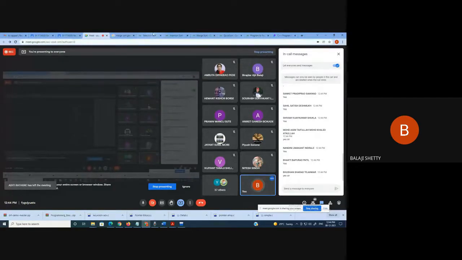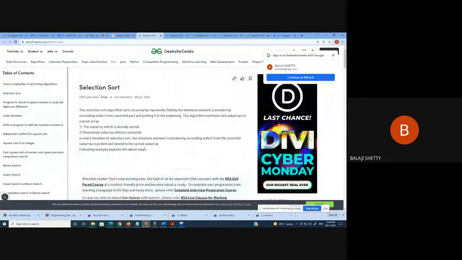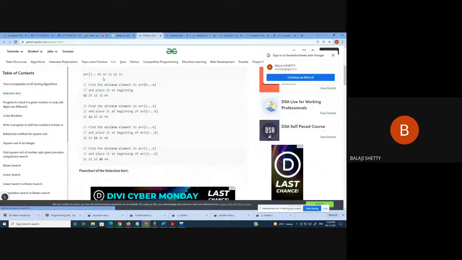Next, this is selection sort. Here is the example. Already I have explained, this is the array given. This is geeksforgeeks.com. Here, find the minimum element: 11, 12, 22, 25. Find from 11. Here the process is repeated. The process is reversed. What we have done is find the maximum number, and here they have found the minimum number. That's it.